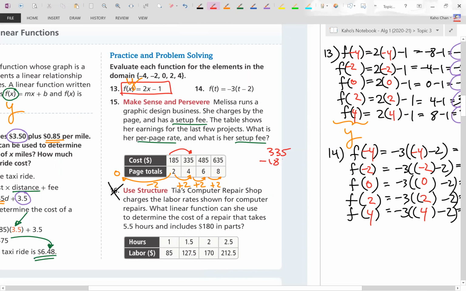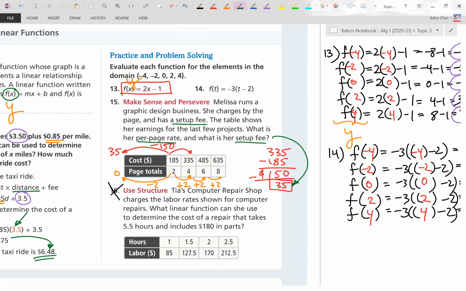The cost looks like to me, if I take $335 minus 185, it's going to be $150 for every 2 pages. But if I go backwards from 185 and subtract the 150, I'll get $35. Interesting. Boom. And there it is. $35 is the setup fee. Very good. And the per page rate looks like half of 150, and that's $75